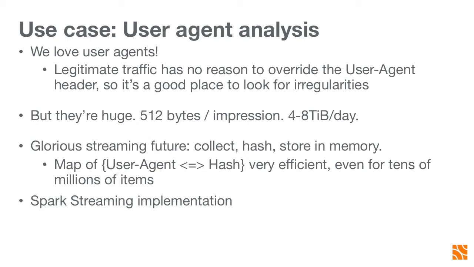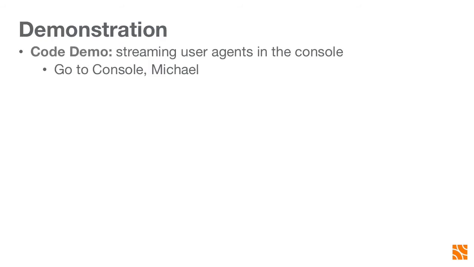Another thing with user agents is they're unstructured text. They're huge, long strings, 512 characters. If we were to store them in a database, it would be very difficult to work with them. They're about 500 bytes, and that would come out to be around 4 to 8 terabytes a day, for just the user agents on the platform and nothing else, depending on the amount of data. One of the things we can do with them, though, is that they're hashable, so we can just convert them to a hashed representation and store the hash table. Doing this in streaming is really nice, and that's actually what we do.